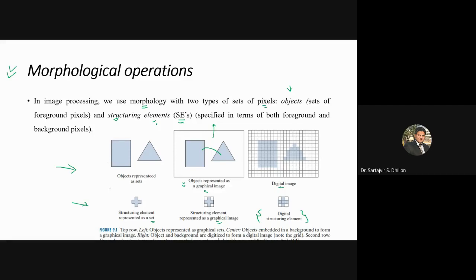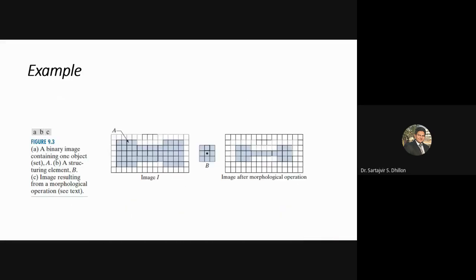Normally we use structuring elements to perform the various morphological operations, and that we will cover in the upcoming slides. Here you can check the basic function of the morphological operation. For example, this one is your image and this is the operation that we will apply on it. Assume this image as a set A, and this one is a set B.